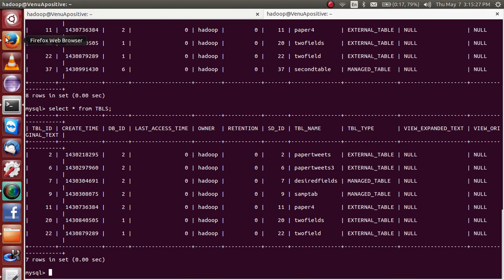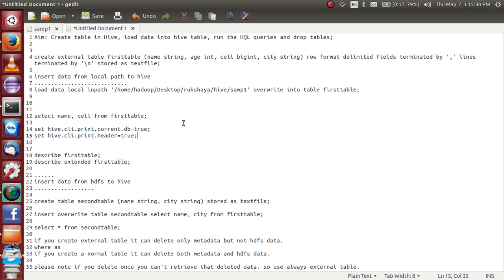So I hope you understand what Hive is, how to create tables, how to load data, and how to run